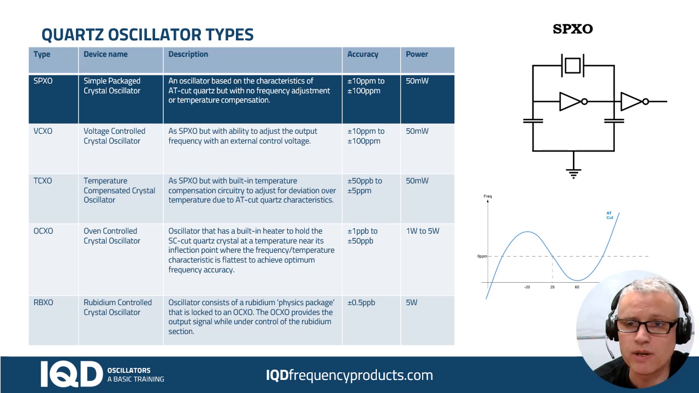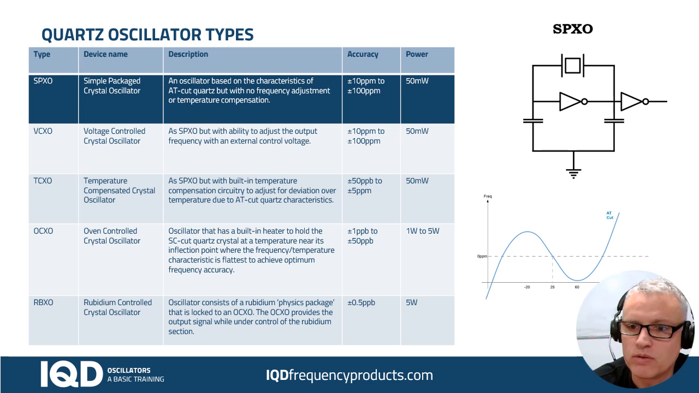The capacitors are used because we're running the crystal in the inductive region of its behavior, and so the capacitors are pulling the crystal over to the point where the inductance and capacitance cancel each other out, and we're only left with the resistive losses in the circuit. A simple package crystal oscillator